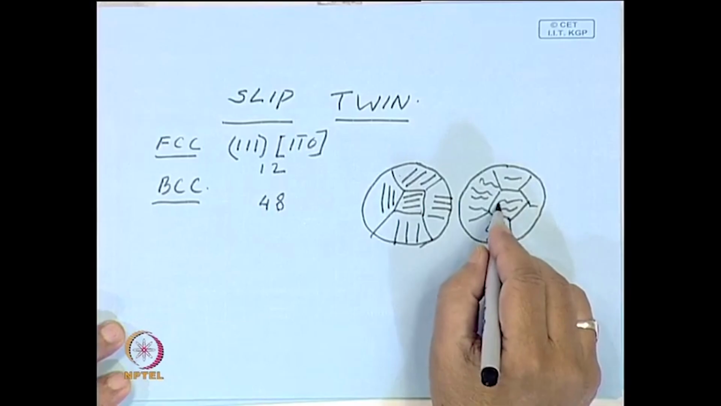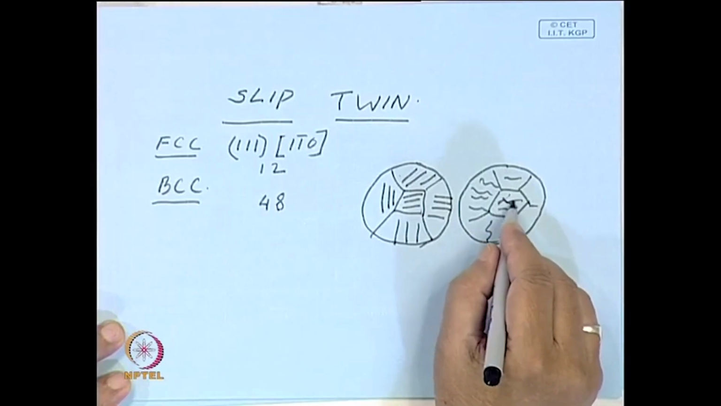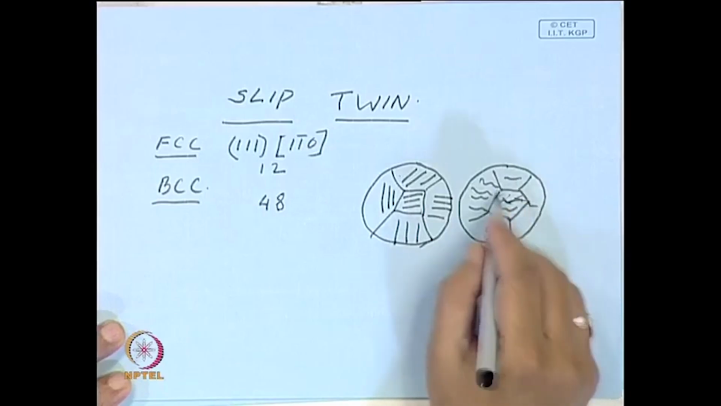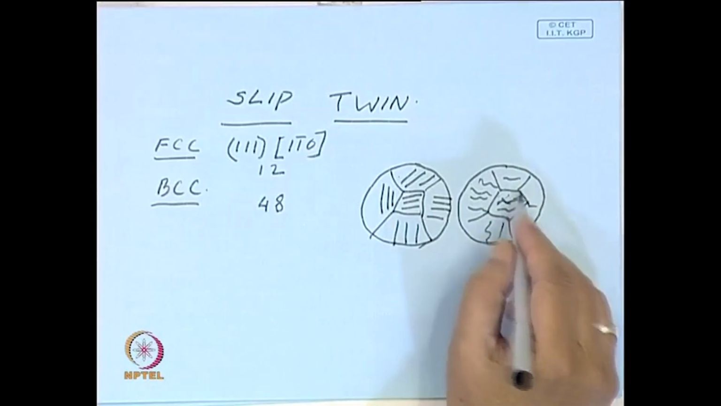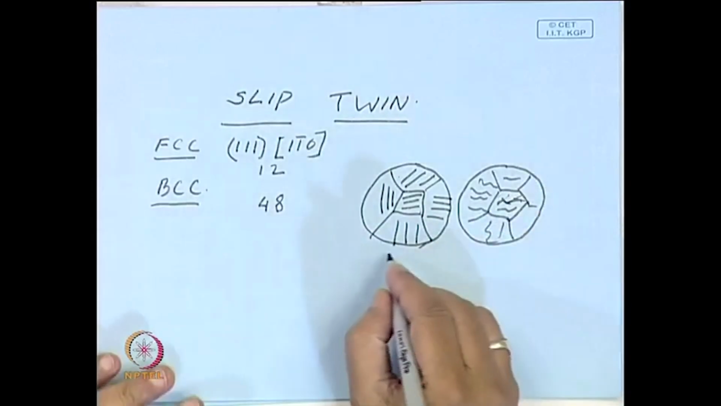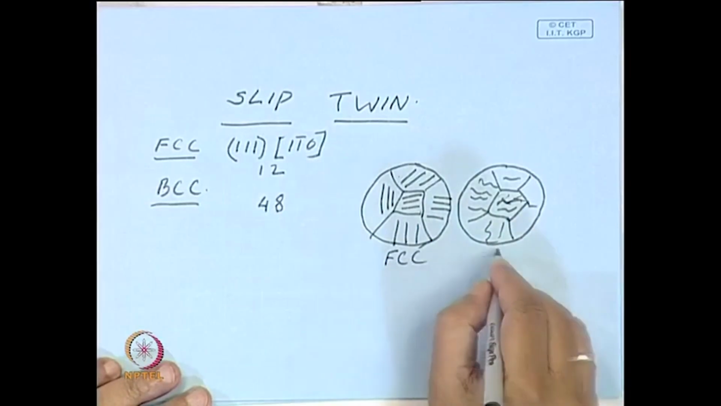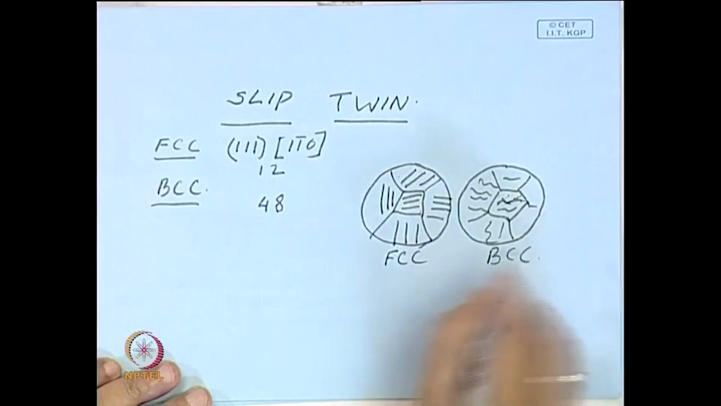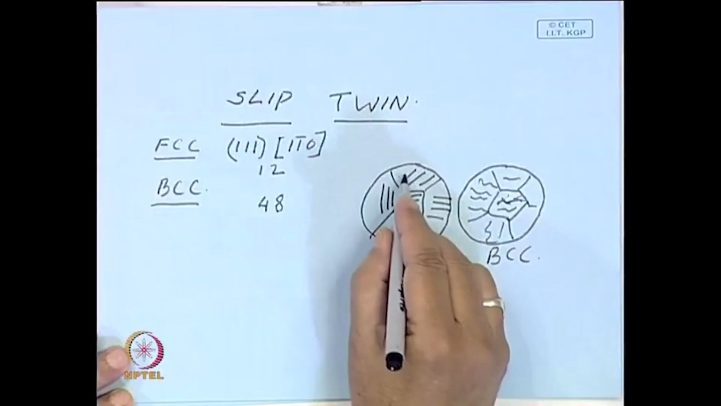So, wavy means this is one plane, this is another plane, another direction, this is another plane, this is another. So, it actually crosses over. So, there will be such wavy slip lines in case of FCC, unlike BCC. Another important thing we learned, that slip on either side